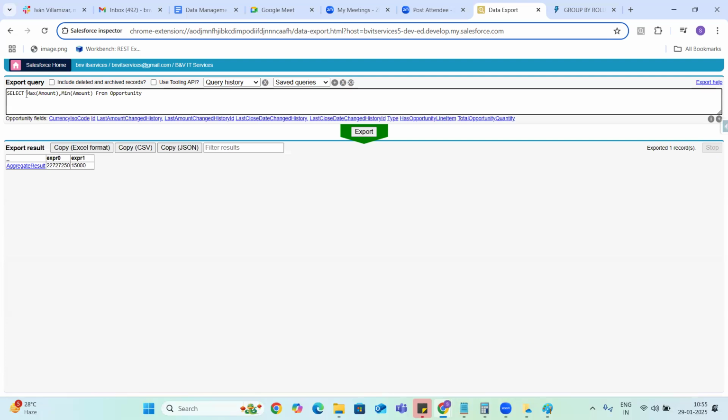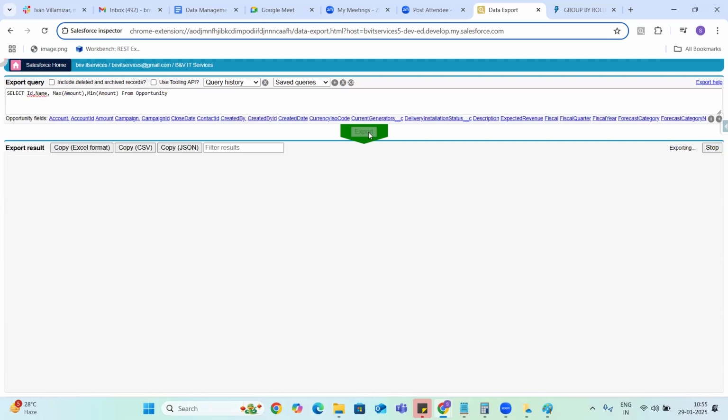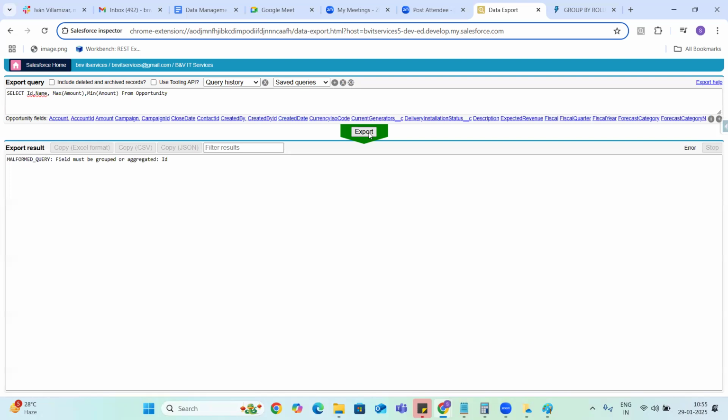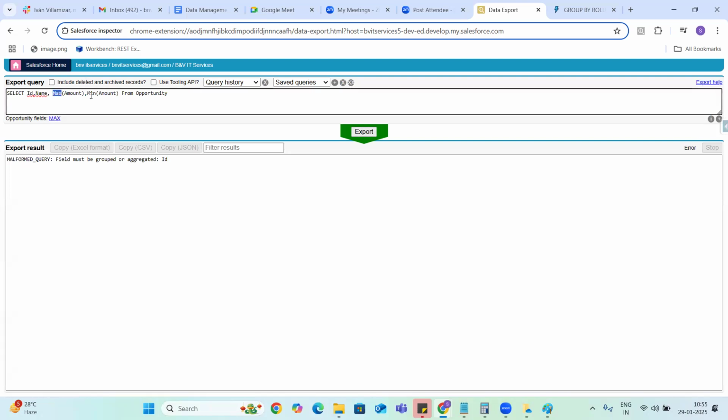So we are using the max and minimum aggregate functions.